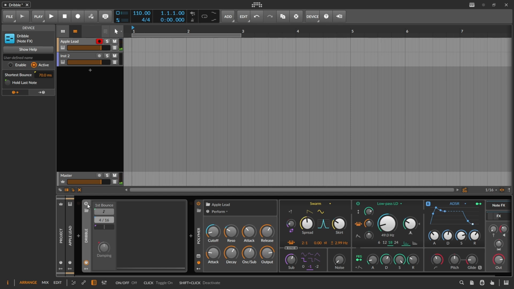Cool sound. We can bring the dribble on and basically, if we're playing very quick notes that are not going to be held long enough for the first bounce to occur, nothing really happens there in terms of the dribble, but I could sprinkle that in sometime. So it'd be like,